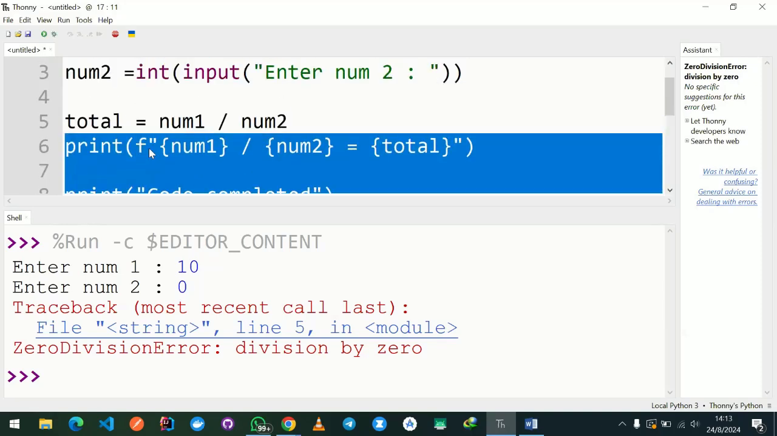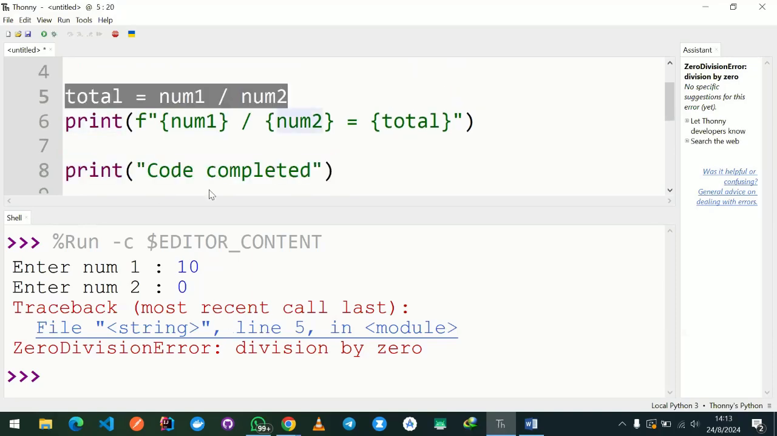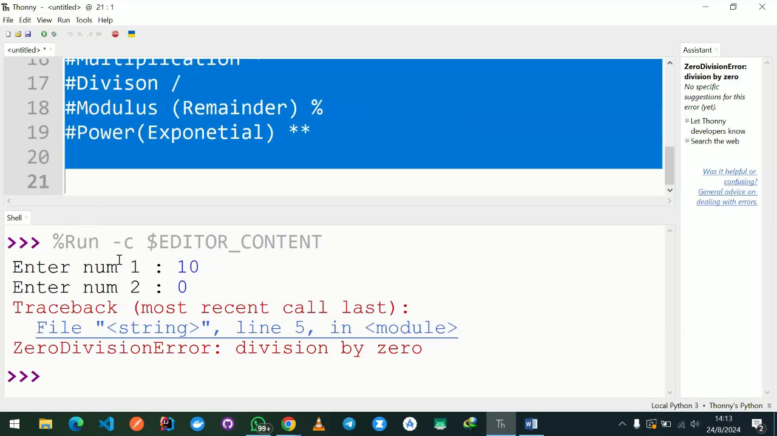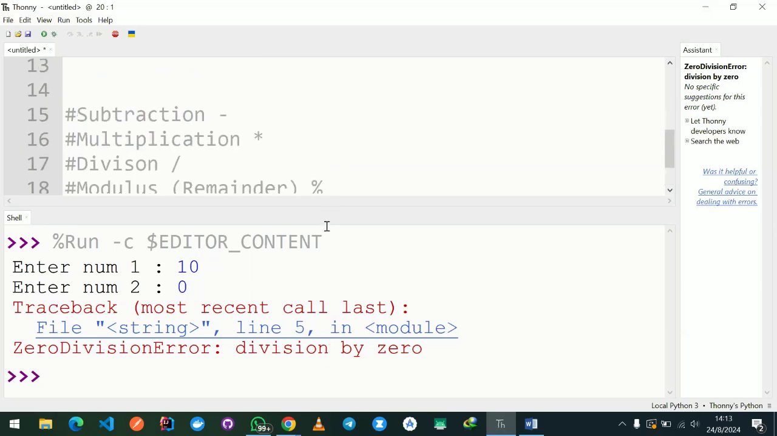So I may want a situation where I just need to handle that error so that my program will continue executing. So that's the purpose of error handling. So as you can see, it haven't even got to this section. It failed on line number 5, which is this one. So this one, the rest of the file will be ignored. So this is division. You just need to know you use the